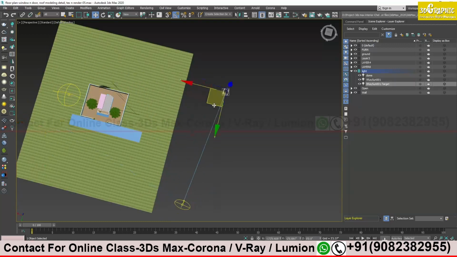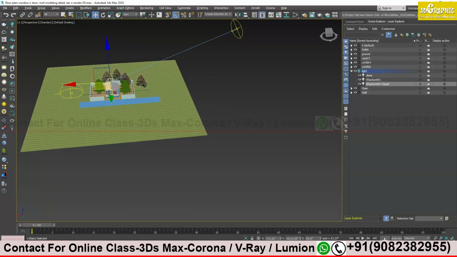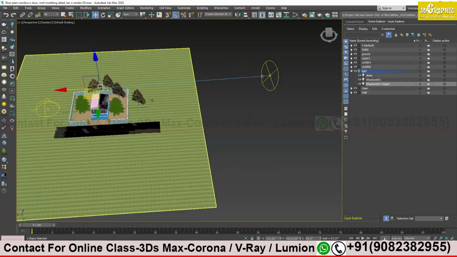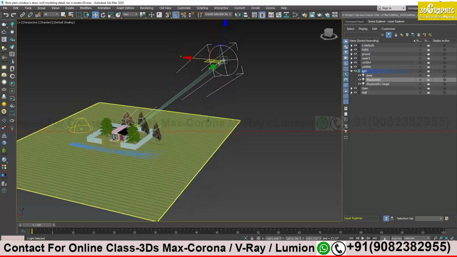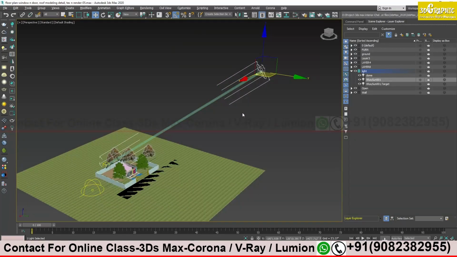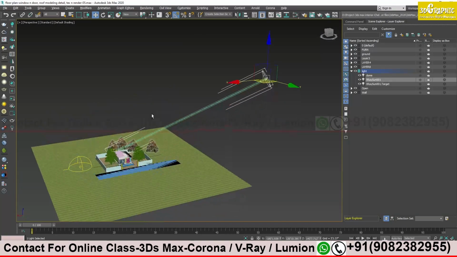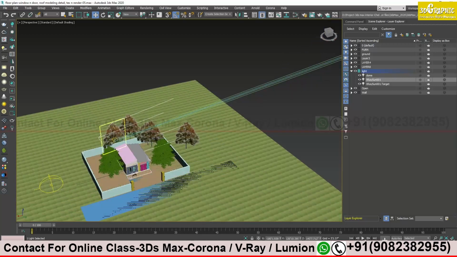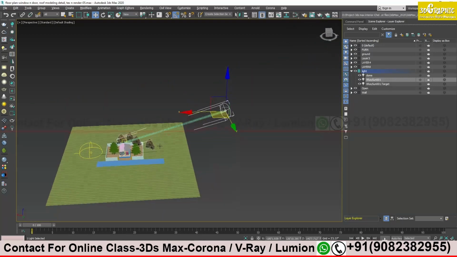I can move my sun direction like this. I want it to give light this way, horizontally. So what I did, I just positioned it a little bit high and dragged, and the target point stays at the 0 0 axis only.